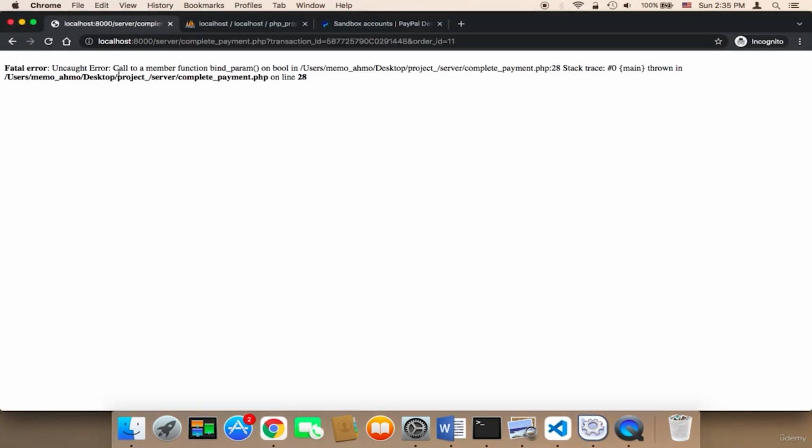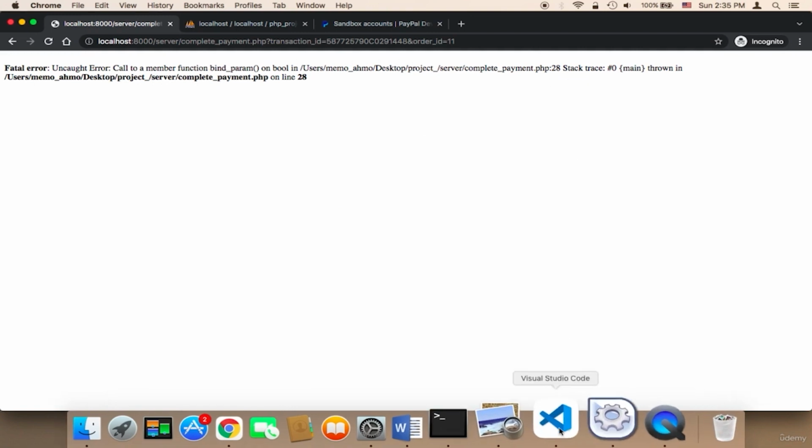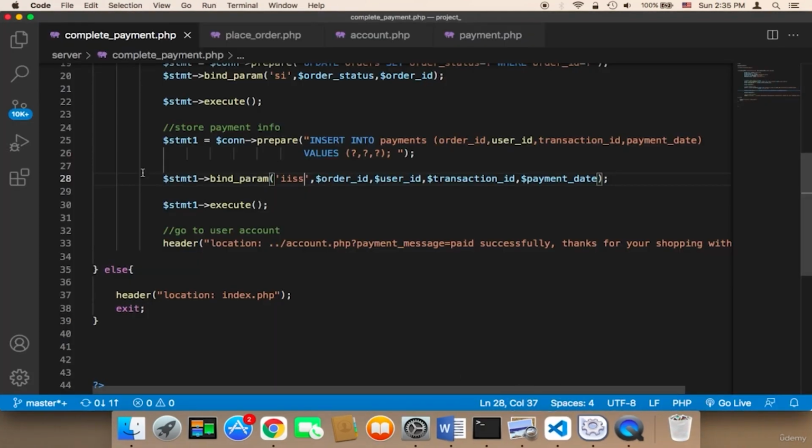So here we have an error. It says call to a member function on Boolean. So we have a problem on line 28. The problem here on line 28 is that I said order ID, and then user ID, and then transaction